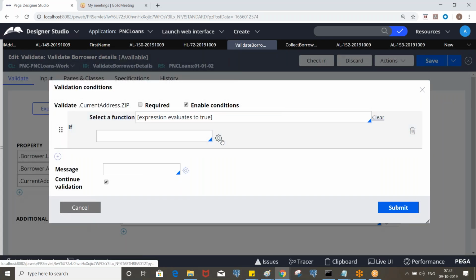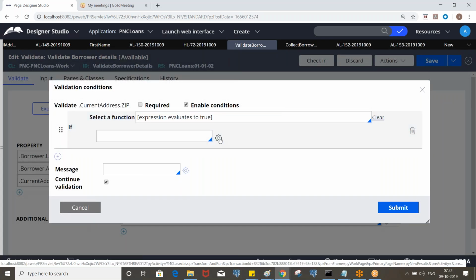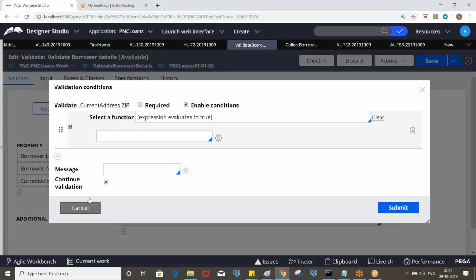So we have a length function. Why is it not? Okay, let me. So continue validations, right? So let's say if this fails and it displays the error message, by default it will go to the next property to evaluate.